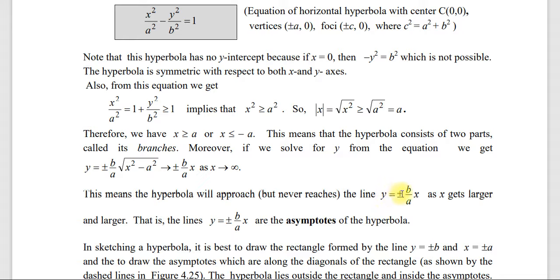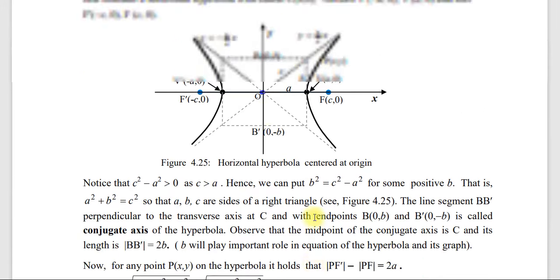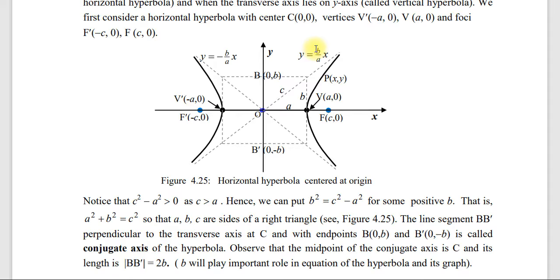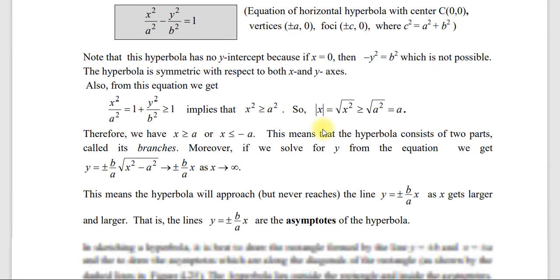This means the hyperbola will approach but never reach the line y which is equal to plus or minus b over ax as x gets larger and larger or as x approaches to infinity. That is the line y which is equal to plus or minus b over ax are the asymptotes of the hyperbola. ኦኬ ምን ይባላሉ? ይሄ plus or minus b over ax ማለት asymptotes of the hyperbola ይሄ ማለት ነው ባጭሩ። እዚህ ላይ ፕላስ ሲሆን plus b over ax ማለት ይሄ ነው። አሁን ይሄን ሃይፐርቦላ ተች ያደረገው አሲምፕቶት ነው። እዚህ ጋር ደግሞ ማይነስ ሲሆን ደግሞ b over ax ይሄንን ሃይፐርቦላ አይነካውም። ስለዚህ አሲምፕቶት ማለት ይሄ ነው።